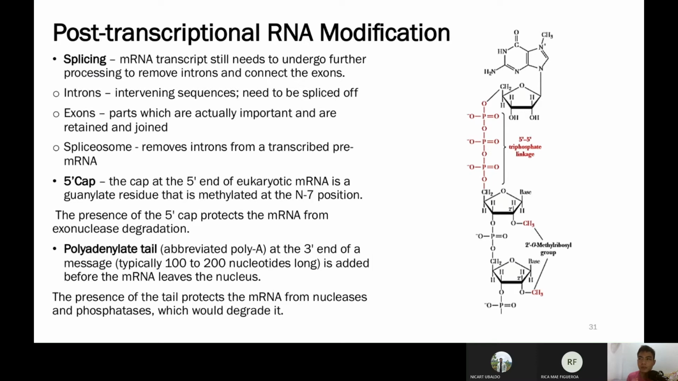So anyway, that's the splicing. Putol-putol, then kabit. Next is the 5' cap. The 5' cap is a modification at the 5' end of our mRNA so that whenever it leaves the nucleus and is in the